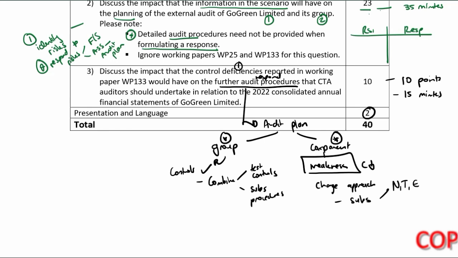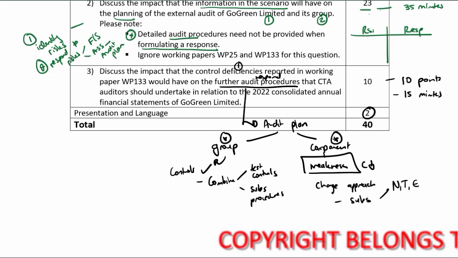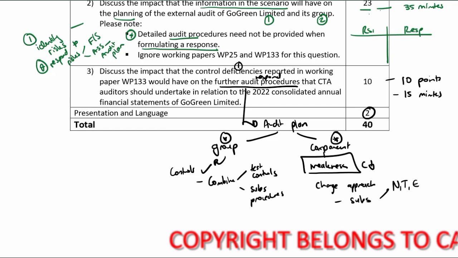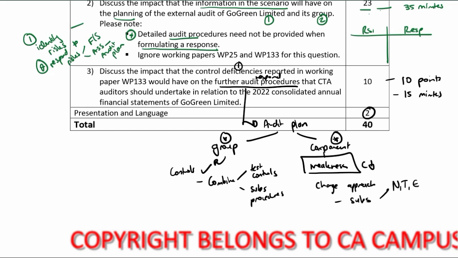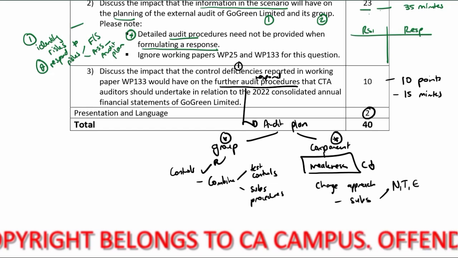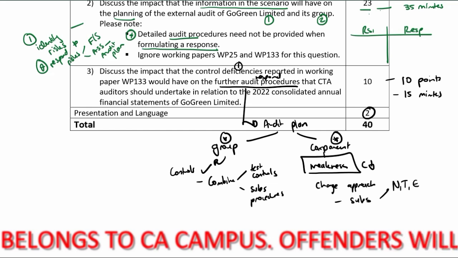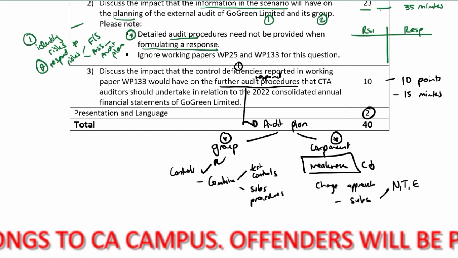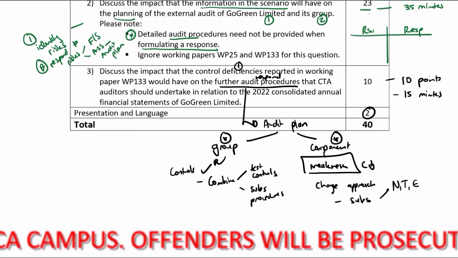Question 3. We're looking at the impact that the control deficiencies will have on the further audit procedures. So this is the response for the group auditors in relation to the group financial statements. Now, understandably, guys, the consolidated financial statements will include the component financial statements, and we can't accept the component's audit plan testing controls that do not work and then accept that the figures that they're putting in the financials are